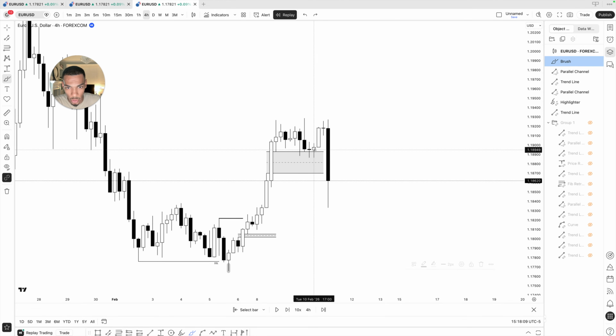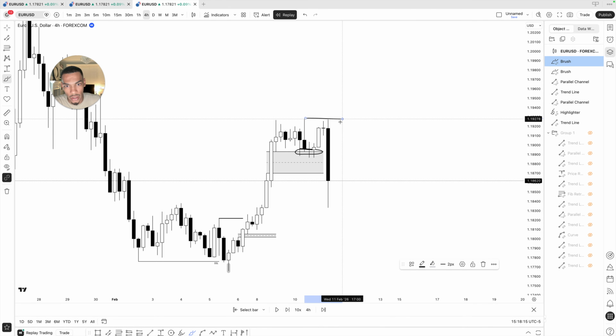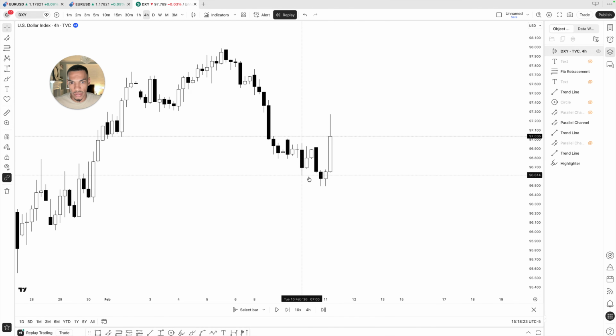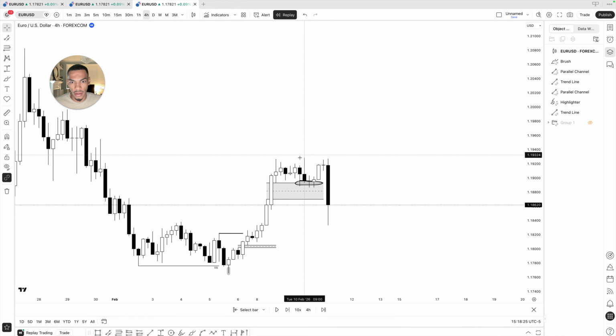So going to show that you can play this here, but you have to be very aware that all we have to do is take out the previous day's high and your trade idea can collapse. So there was probably some form of divergence here. If we go to DXY, yeah, you see there was that divergence. So you would have taken the position out when DXY took out that corresponding level,